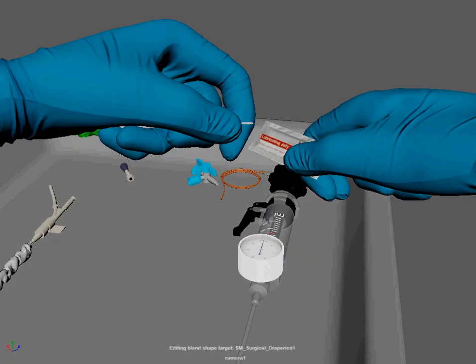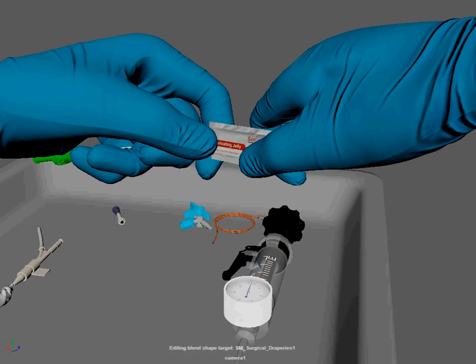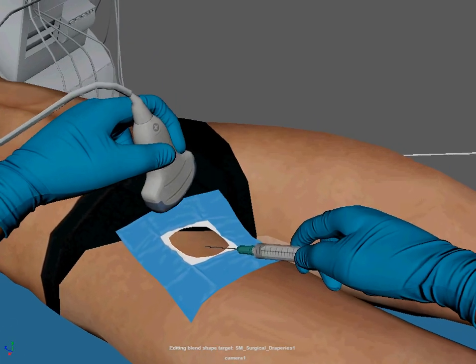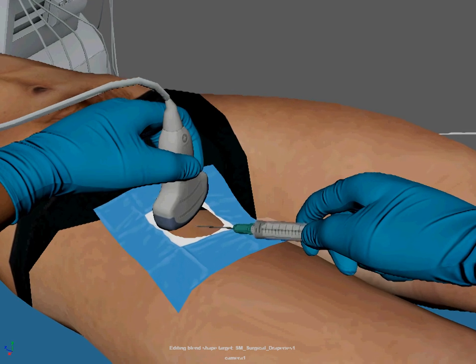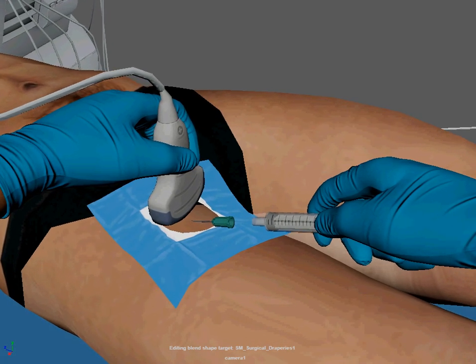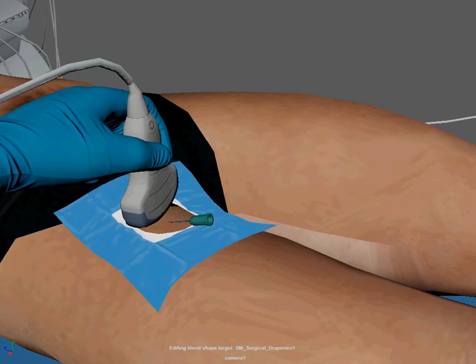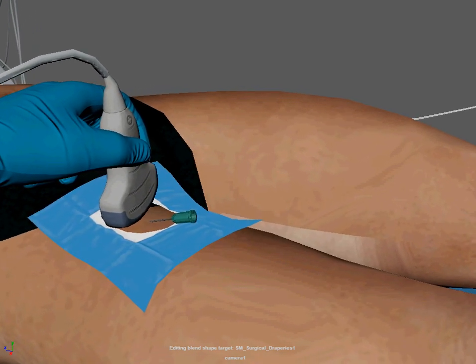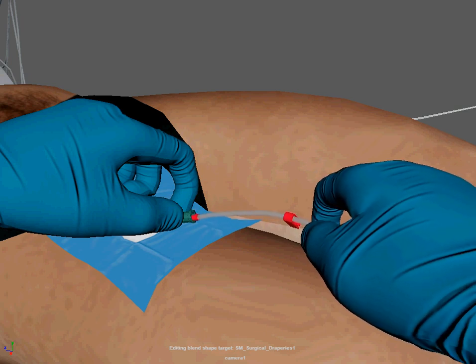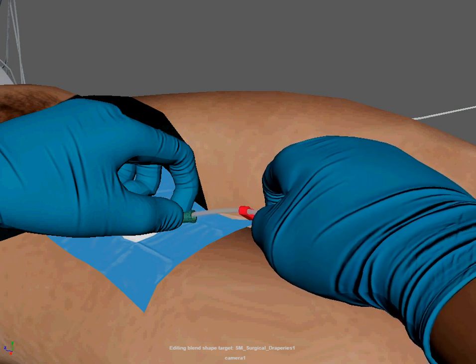Lubricate the distal end of the IABP catheter with sterile saline or a water-soluble lubricant. Carefully insert the IABP catheter through the arterial access site, usually the femoral artery, using a Seldinger technique. Confirm proper placement using fluoroscopy or other imaging methods. Advance the IABP catheter until the distal tip is positioned in the descending thoracic aorta, just distal to the left